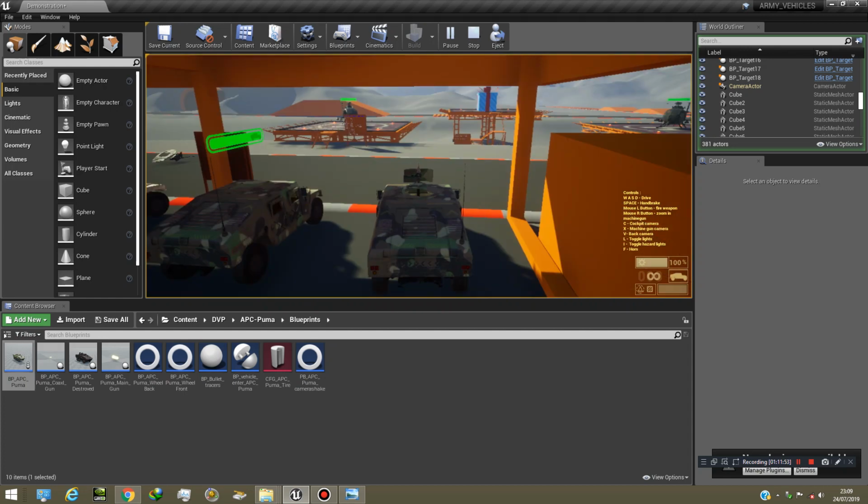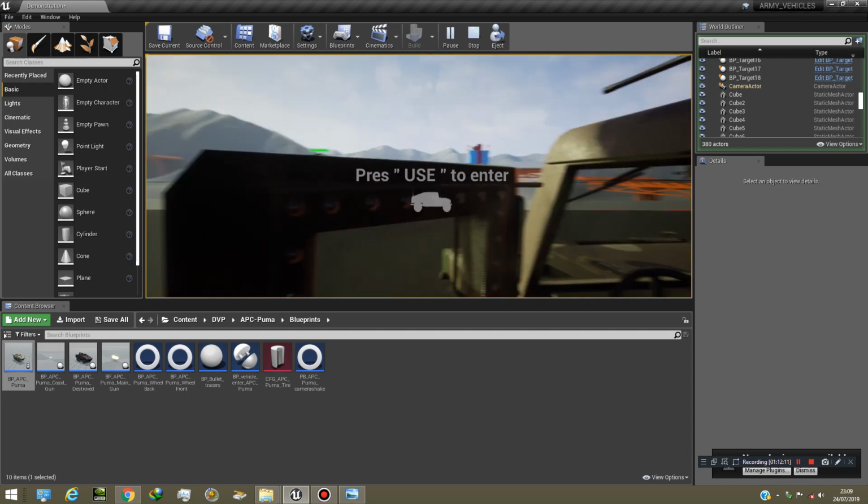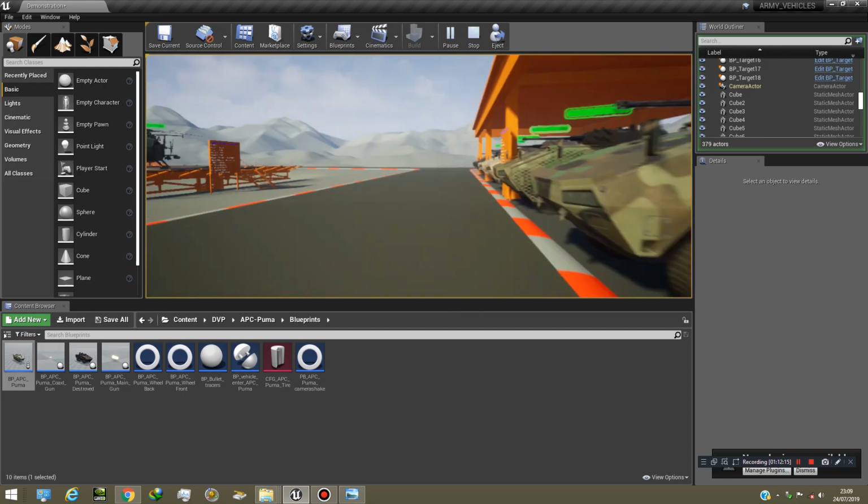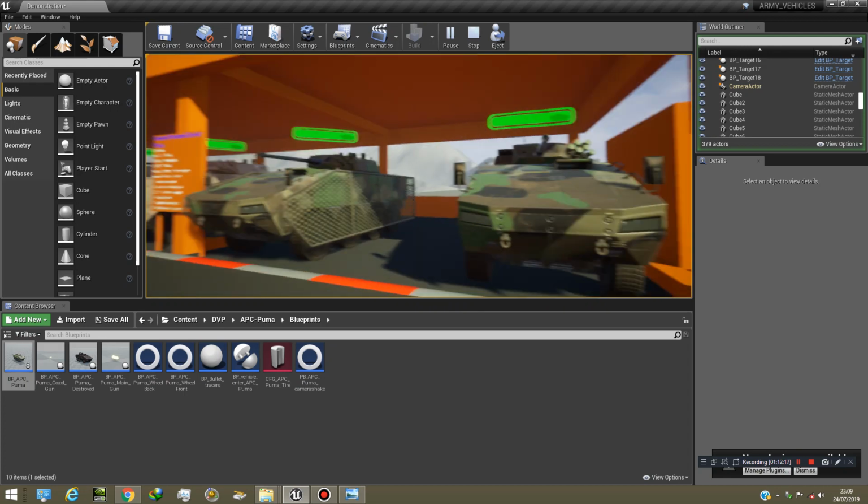Only lightning. Now where is the fire button? Press 1, press 2. Yeah, that is one thing. Now if you go for the tank,